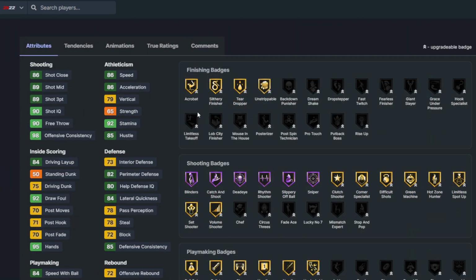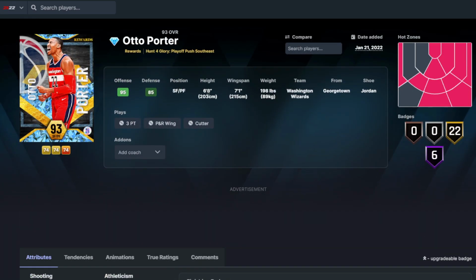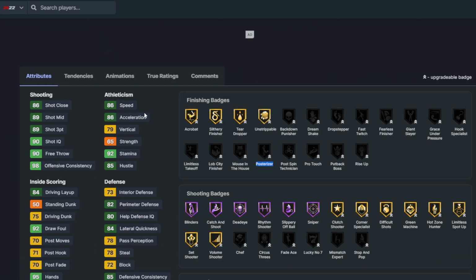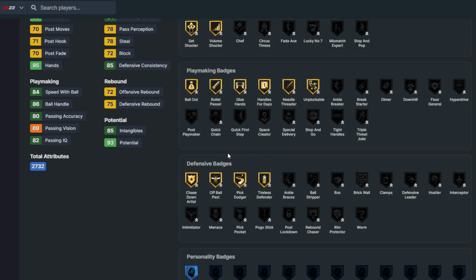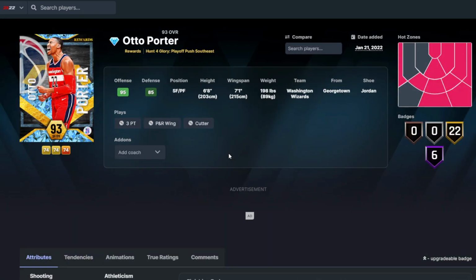Next, Otto Porter. Actually kind of a demon. Posterizer. First off, I mean, come on. Posterizer. He's 6'8", and it's a 75 driving dunk. It's just going to help us get those finishes that we want a little bit better, and just help it all out. And then I think because you already get kind of, I guess, a 3-and-D vibe from Otto Porter,